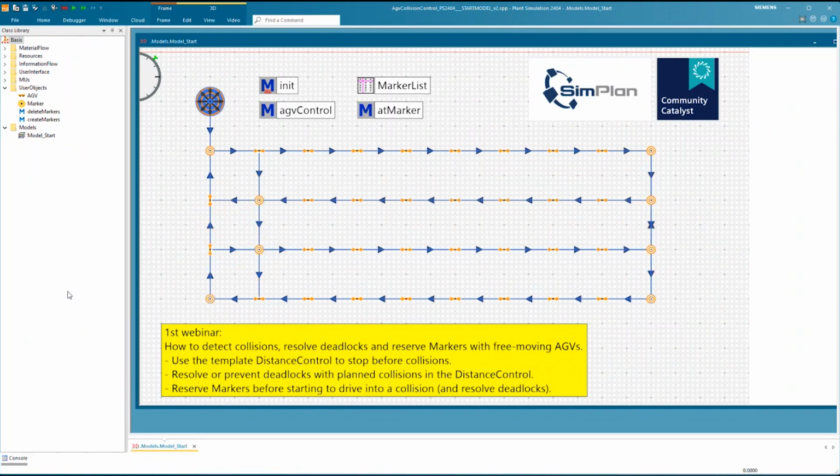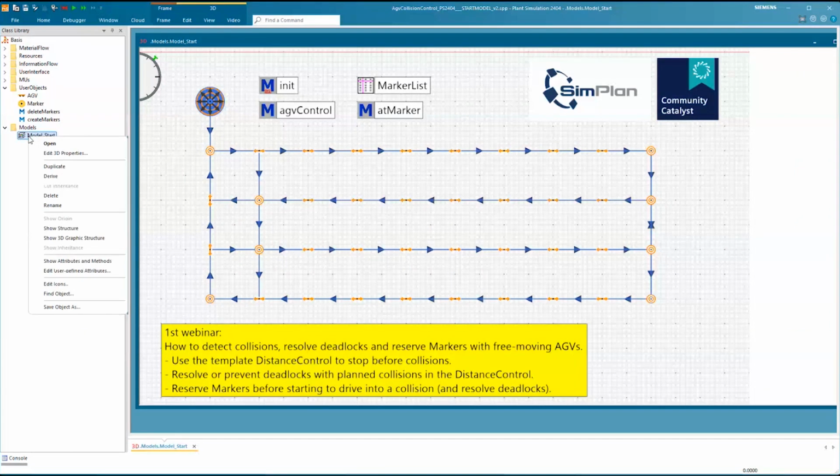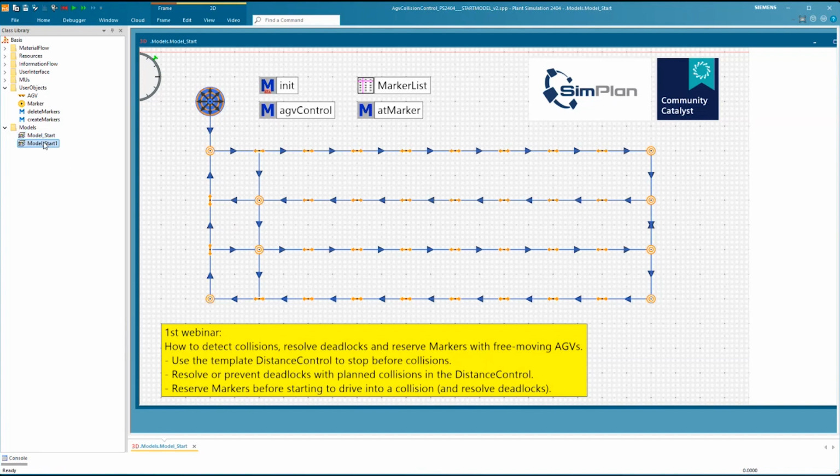So let me reset this one here. I will duplicate the model for these different steps so that when later you download the finished model, you have the step-by-step models that you can still refer to. So here I will have a first model, and I will call it distance control. You don't have to do this.